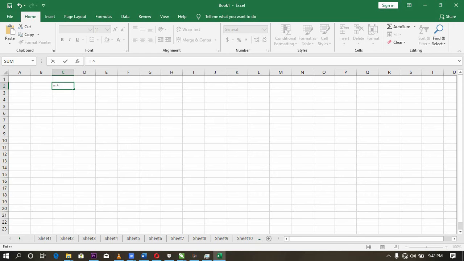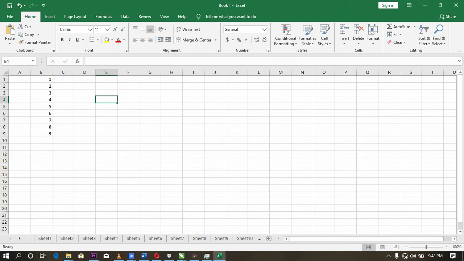Take for example, we have figures like these: 1 2 3 4 5 6 7 8 9. We have all these figures here, and now we want to create a simple formula that will add everything together. Now this cell address is B1, this is B2, this is B3, this is B4, this is B5, this is B6, B7, B8, and then B9. Now if I want to sum all this together using a formula,